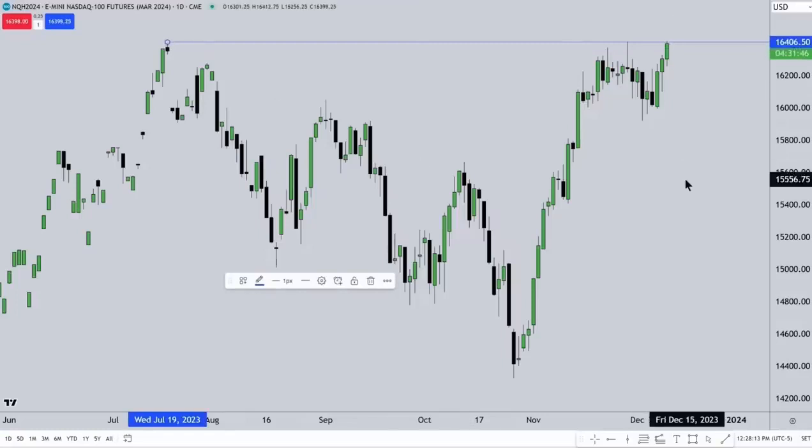And we pierced it today. I don't think it stops there, because I'm using the logic that even though its volume is rolling out of December into March, December is still going to be traded. December is still going to be traded even on the day of expiration. It may not be a lot, but it's still being traded. So I'm not advocating for you to trade it that long, but there's unfinished business up here based on what